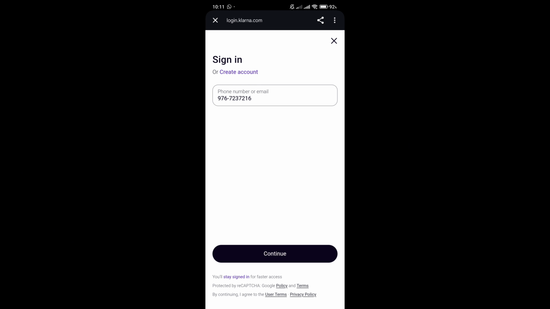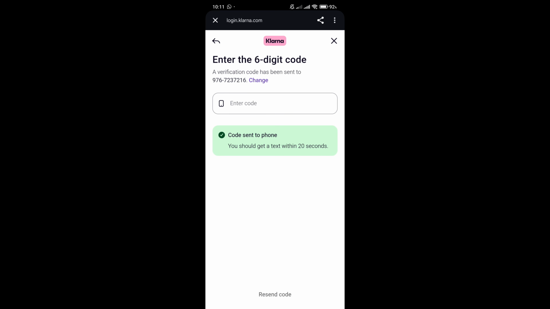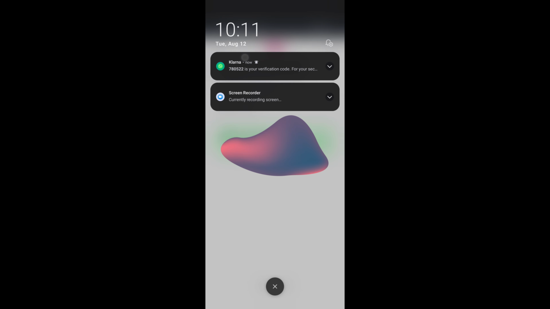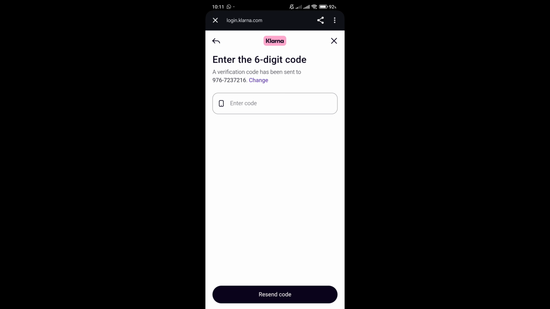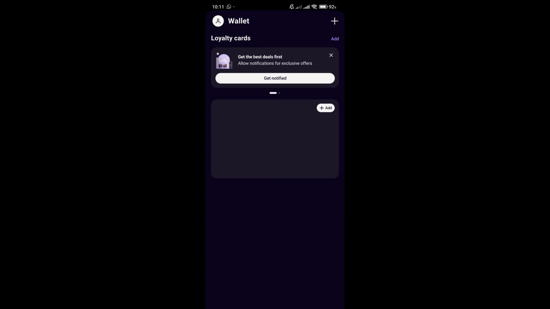After you tap on it, simply fill up your phone number or email address and tap on continue. Here, Klarna app says a code has been sent to your phone number or email. Simply check your email or your phone number, then type in the code. And after you type in the code, you are now logged in, and this is how you can verify your